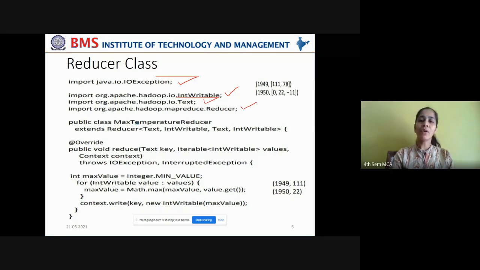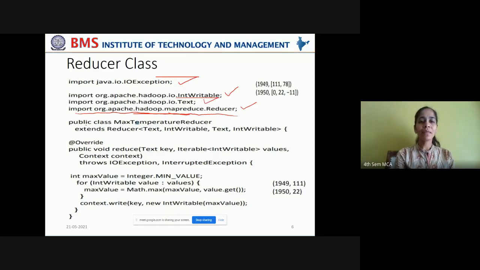And we also have to import the reducer superclass. In the previous case, what have we done? We imported the mapper superclass. In this case, we have to define a reduce function, which is already declared in the reducer superclass, right? So you are using import org.apache.hadoop. From the mapreduce package, you are importing the reducer superclass.